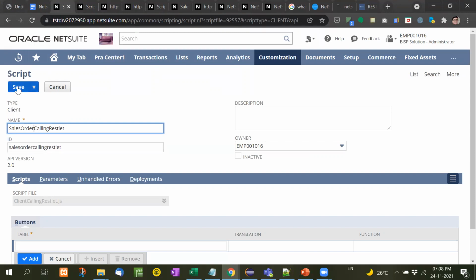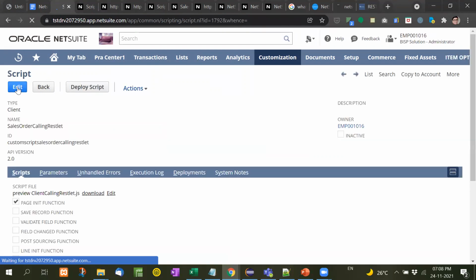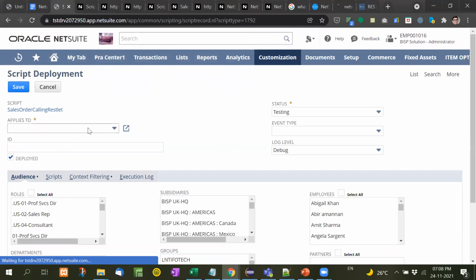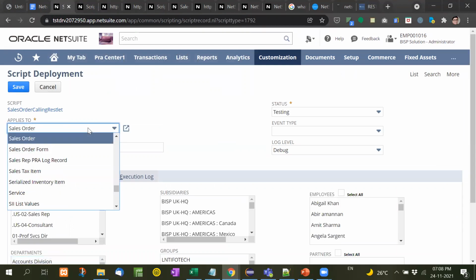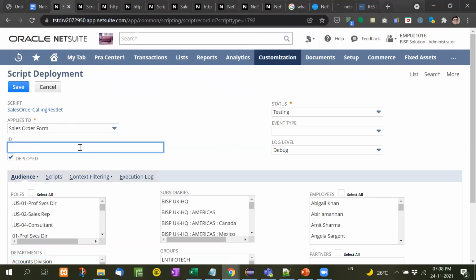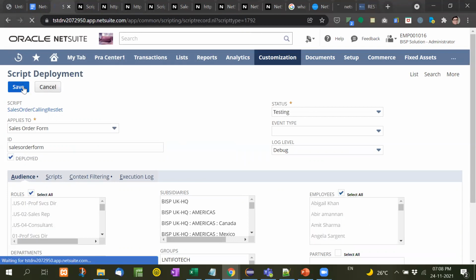Right. I will save it and I will deploy it in the sales order form. Deploy script. Here, applies to sales order form. That is our sales order form. Tick mark here and then save it.